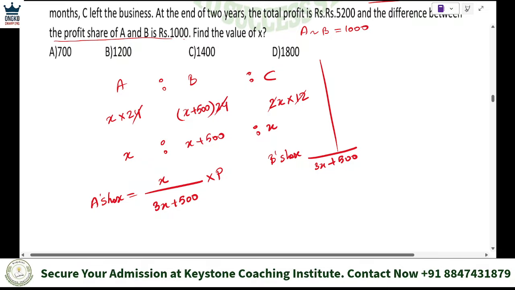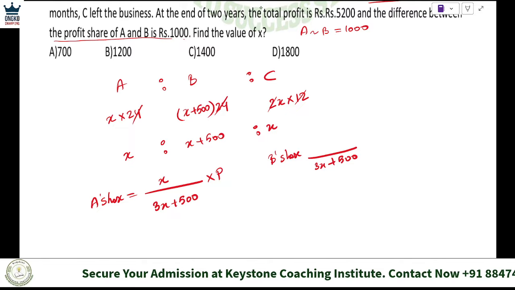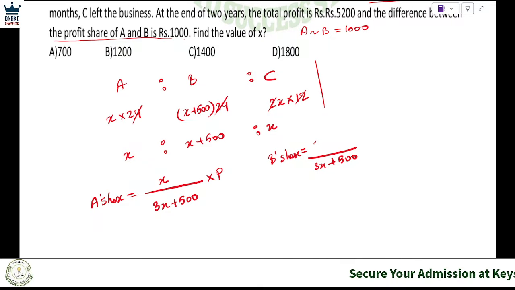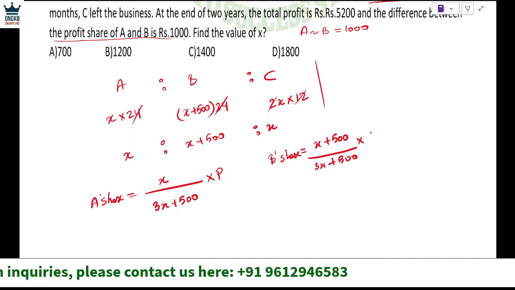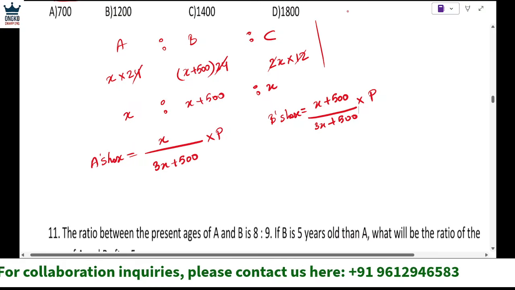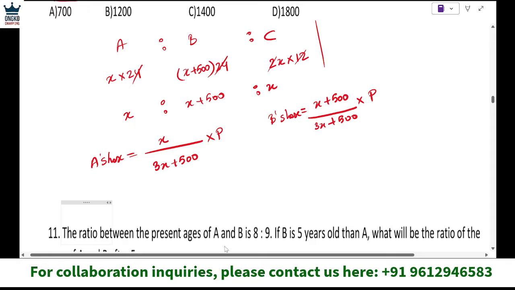Yes, 3x plus 500 will be, and B's given share is x plus 500. So as per the question, the difference is equal to 1000, right? If their difference is 1000, then